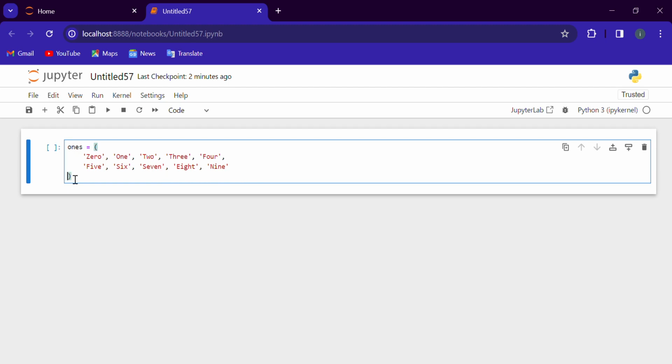What we are doing here is defining all the ones digits in this one. You can say list or tuple. Okay, it's a tuple. So we define only the digits that contain one digit in ones,